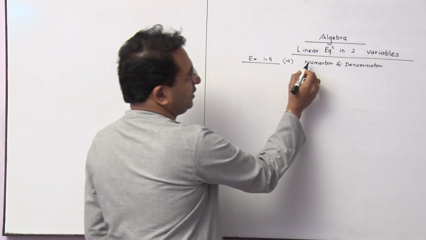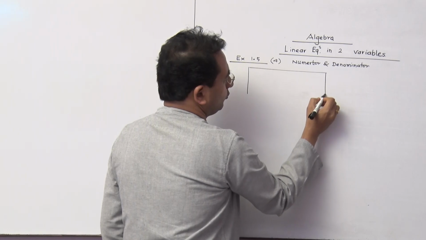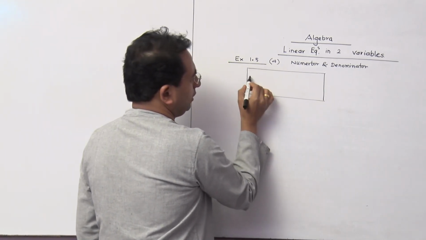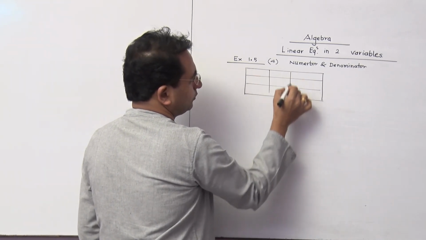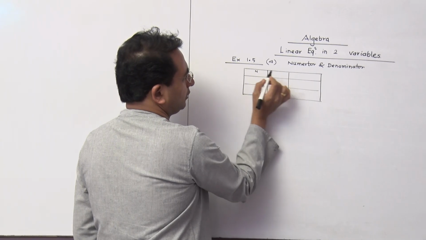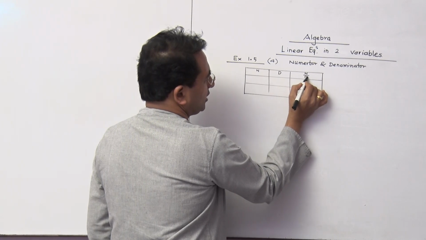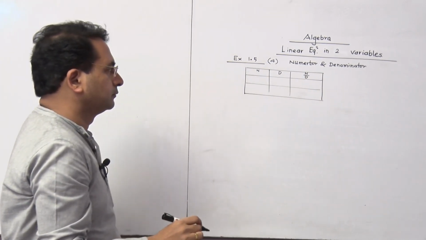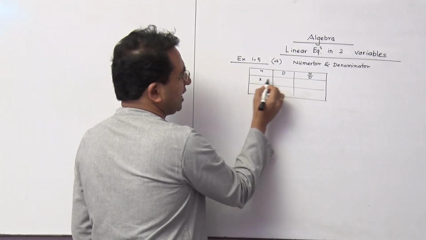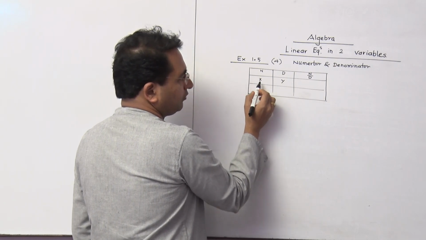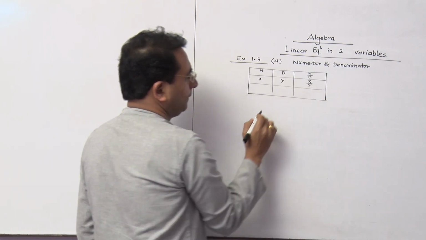Now, when you are solving this particular sum, what we have to do is, we are supposed to prepare one table like this. I am writing here numerator, denominator, and this is a fraction, that is numerator upon denominator. Let us consider, now these statements we have to write x and y, because we are going to handle two variables, so the fraction is x upon y.